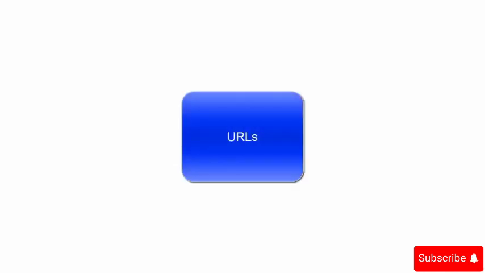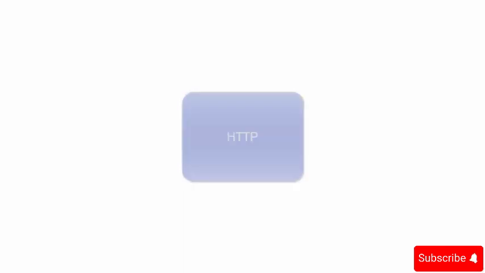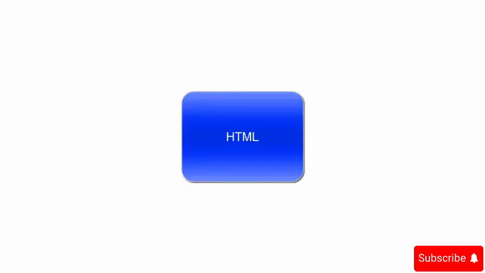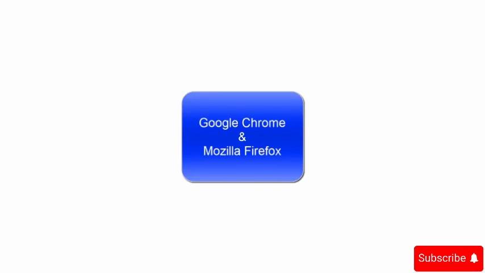The World Wide Web or WWW is a client or server system hosting various resources like documents, multimedia, and images. These resources are accessed through Uniform Resource Locators, that is URLs, and transferred via the Hypertext Transfer Protocol HTTP between web clients or browsers and servers. Documents on the web are built using Hypertext Markup Language HTML and contain hyperlinks for navigation. So you will analyze two popular browsers, Google Chrome and Mozilla Firefox, examining their features and functionality.